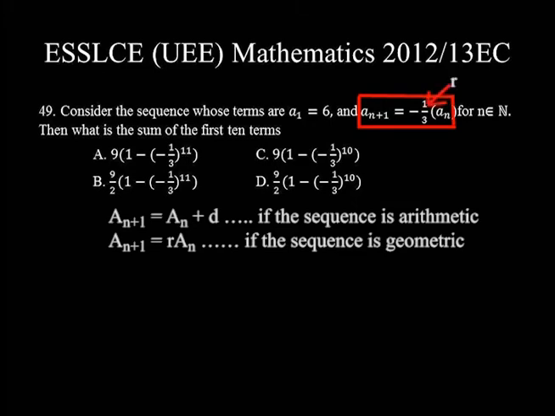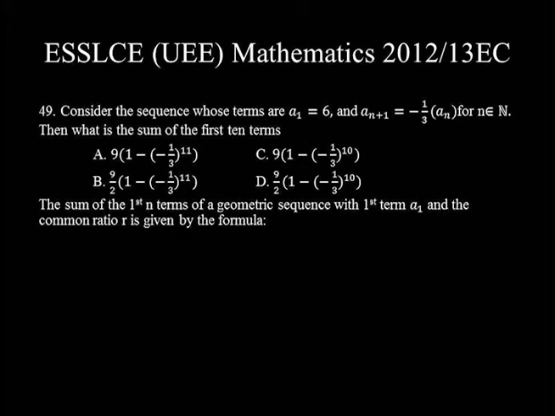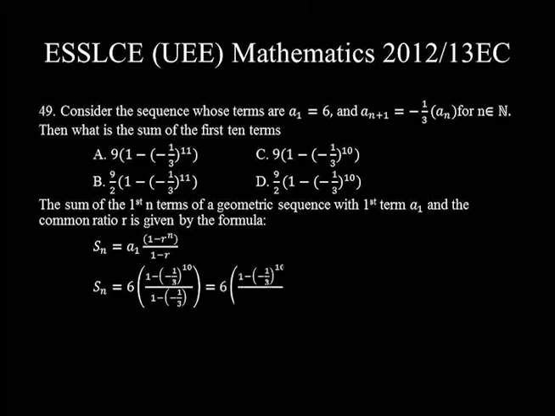The sum of the first n terms of a geometric sequence with first term a sub 1 and a common ratio r is given by the formula s sub n is equal to a sub 1 times 1 minus r to the power of n divided by 1 minus r, which is equal to a sub 1 is given as 6 times 1 minus the common ratio negative 1 over 3, the power of 10 divided by 1 minus negative 1 over 3, which is equal to 6 times 1 minus negative 1 over 3 to the power of 10 divided by 1 minus negative 1 over 3 is 1 plus 1 over 3,